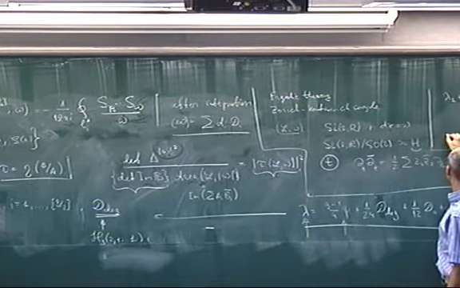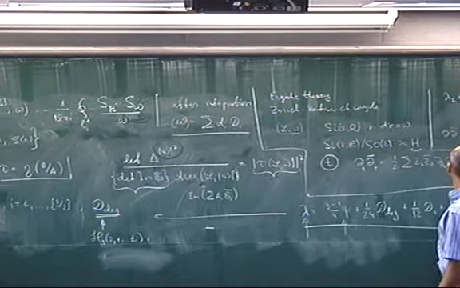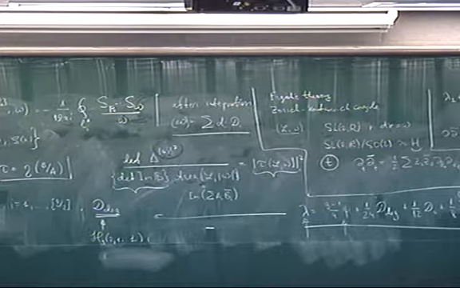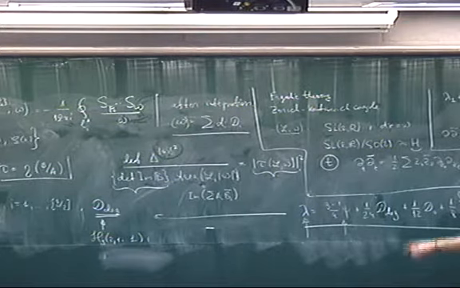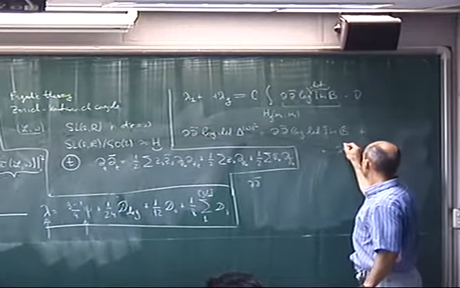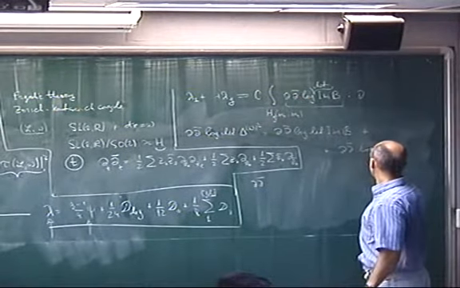So what I get is dd bar log det Delta is equal to dd bar log det Im B, the area doesn't give us anything, plus dd bar log tau